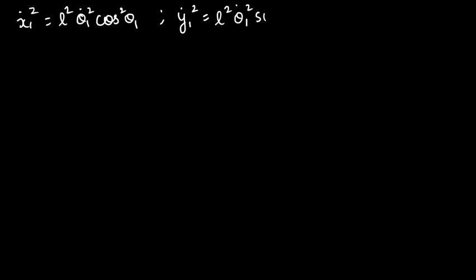So my x1 dot square will be L square theta 1 dot square cos square theta 1. y1 dot square will be L square theta 1 dot square sine square theta 1. Similarly, x2 dot square will be the whole square of a plus b, so you perform that expansion. On doing that, you get